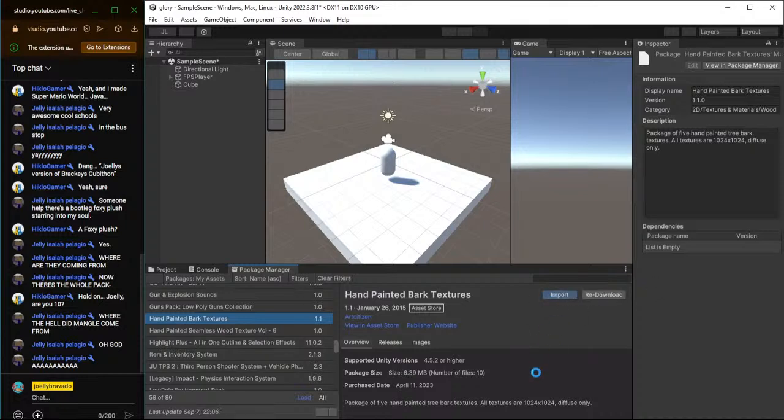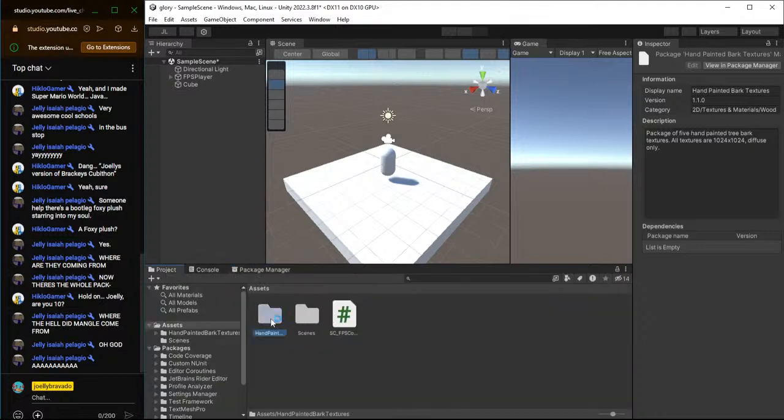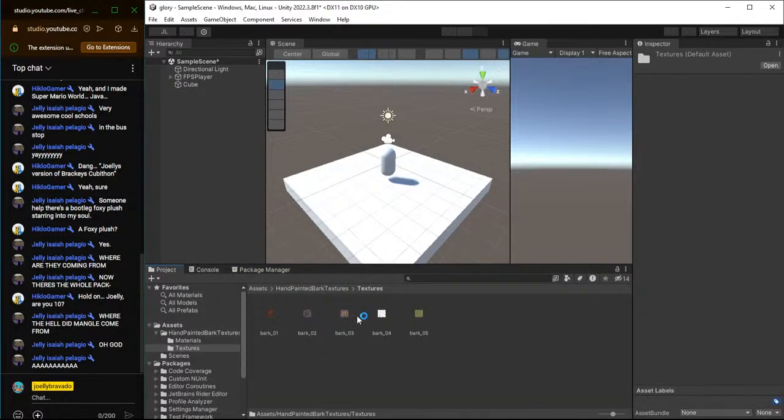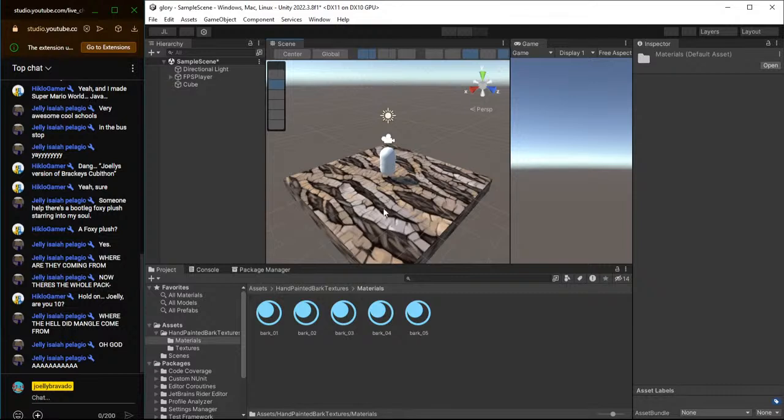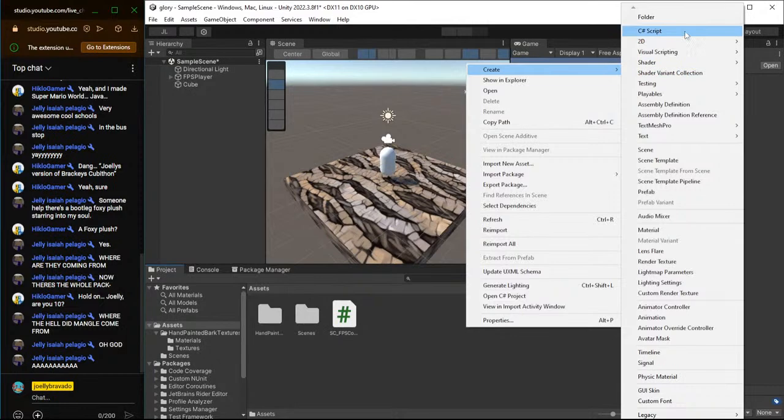I'll import these. This will just give me a reference as to how fast I'm moving and everything. So if I go back into project, hand-painted, textures, no, materials, and then I'll just drag a random one onto here. See? Now, if I go back into assets and I create a material,